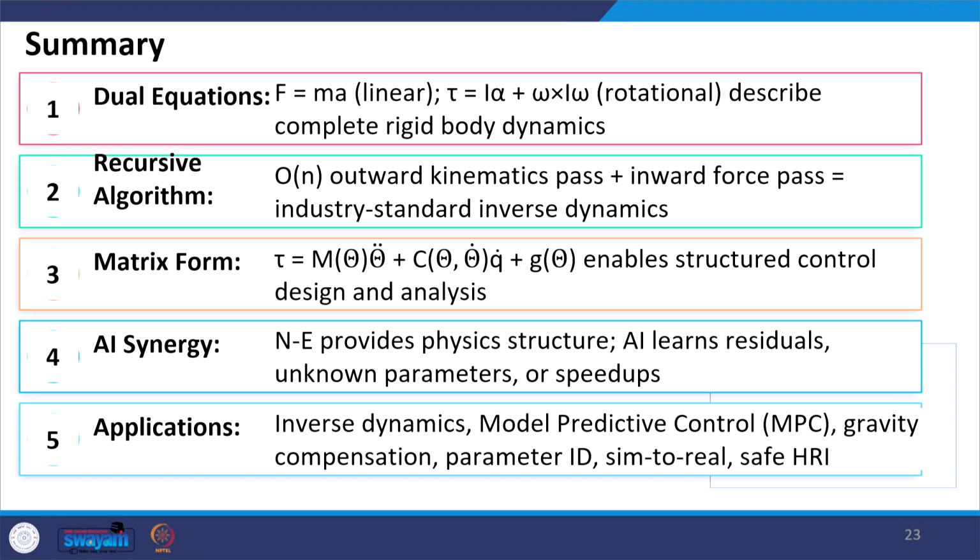There is very good synergy with AI. Newton-Euler provides physics structure, and AI learns residuals, unknown parameters or speedups. It has vast application in inverse dynamics, model predictive control, gravity compensation, parameter identification, simulation to the real, and for safe human robot